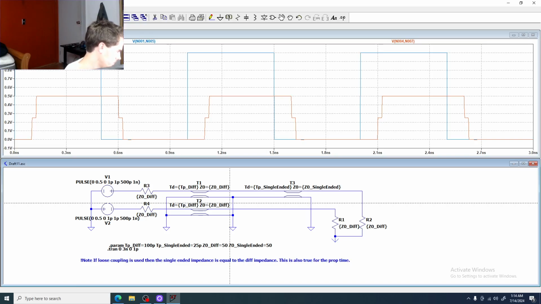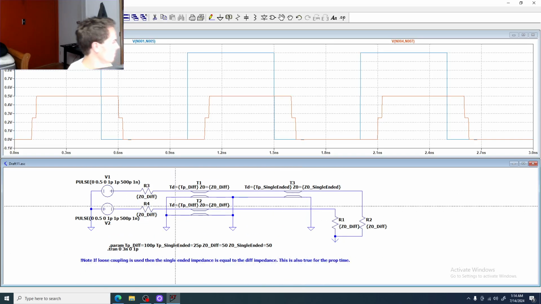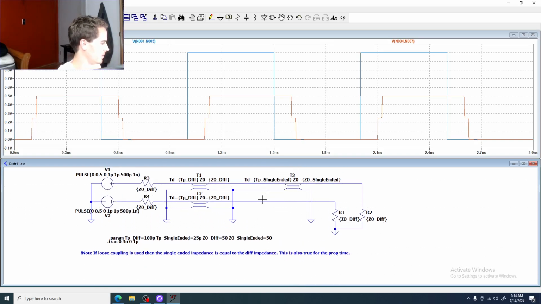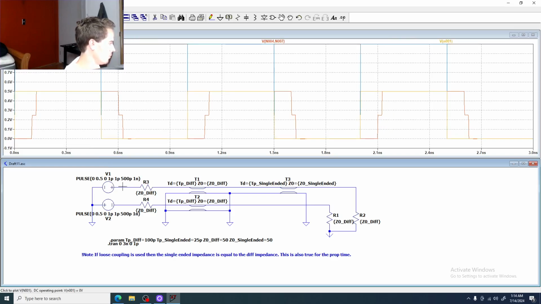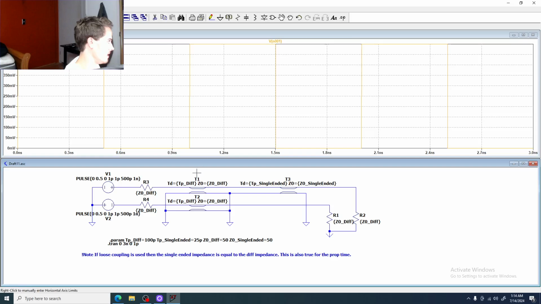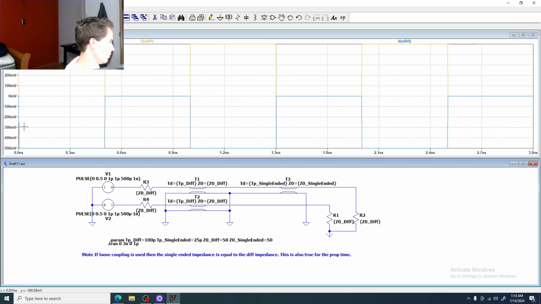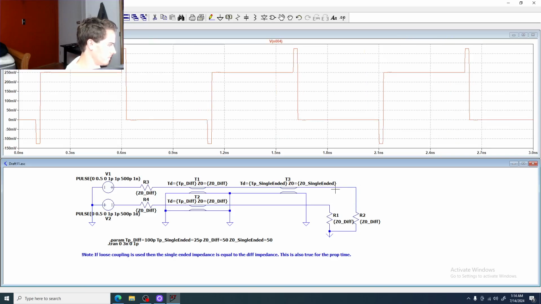So we have a simulation, and we measure from this point to this point and we get the blue line, and we measure from this point to this point and get the orange line. And we can see that one of these waves, if we look here, we have this wave and then we have this wave, which is the negative. And what happens is that you have,